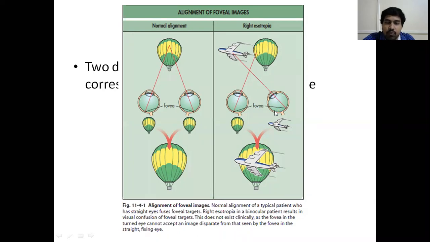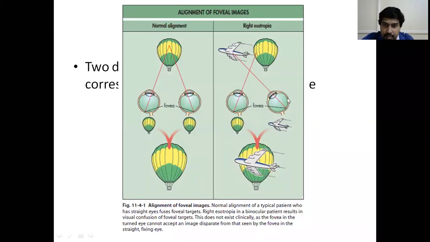In squint, there is an abnormal retinal correspondence, which is a protective mechanism. When this eye is deviated, this fovea forms a connection with an extrafoveal point located here, which has the same x, y, and z coordinates as this fovea. Suppose this fovea is looking at the parachute, and this part here is also looking at the parachute. Then this fovea develops correspondence with this extrafoveal point, which is known as abnormal retinal correspondence. That's why in clinical practice, you never see confusion. Confusion is only a theoretical entity which can be practically induced.